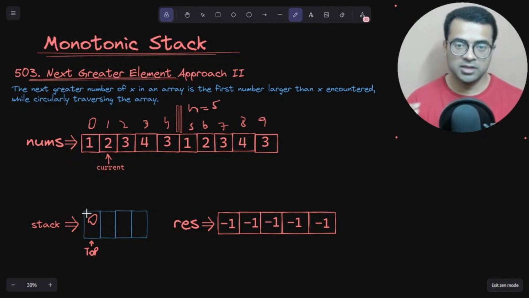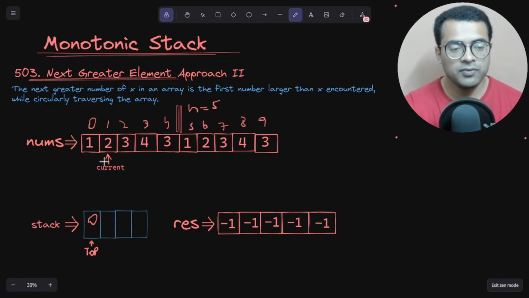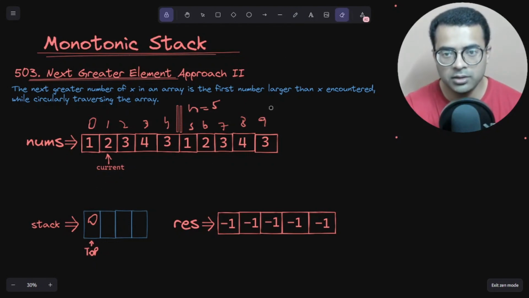No, this time our stack is not empty. So what we will do, we will check whether the value at top of our stack, okay, in nums, like here we have 0. So at 0th index in nums there is 1, and this 1 is smaller than the value at current index. Yes, 1 is smaller than 2. So what we will do, we will come here. Remember this 0, right? So we are going to pop this 0 from our stack,